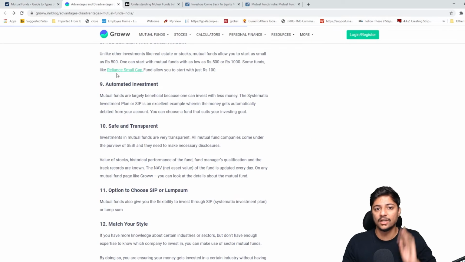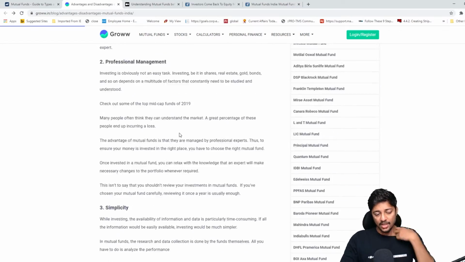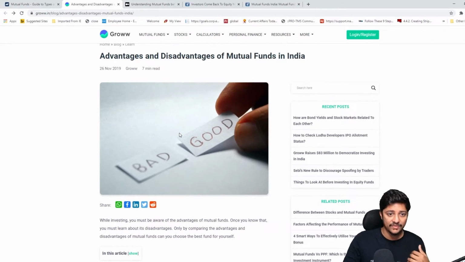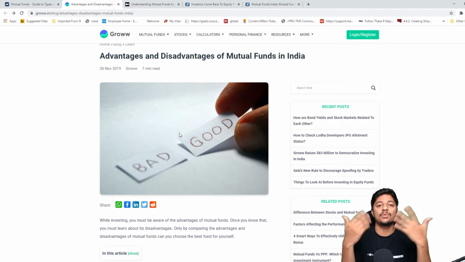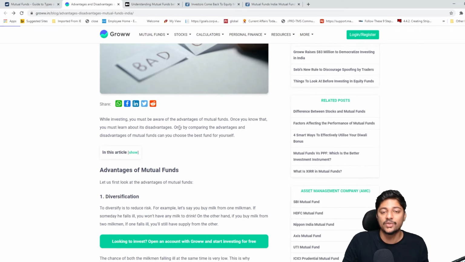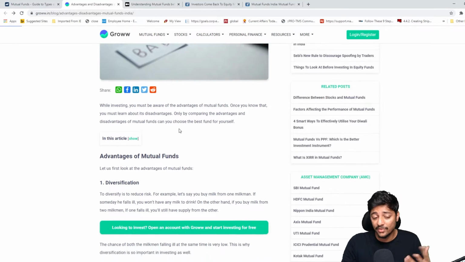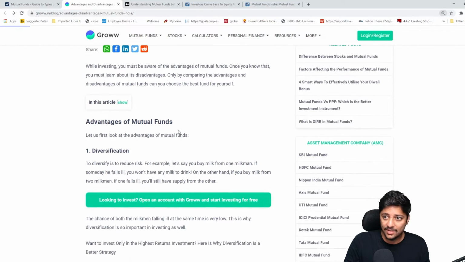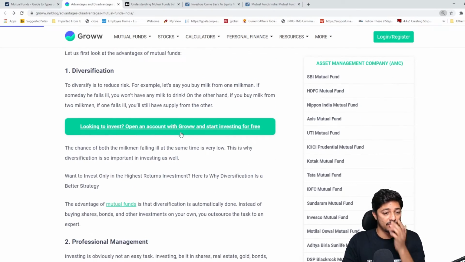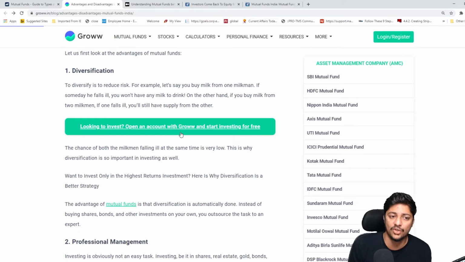Now let's look at the advantages. Okay, why is it good? Now again, I told you in the previous video that we have a lot of resources out there for free. So I'm not going to make some crazy deck and give it to you picking up from other sources. I'm going to show it from the free resources itself to save your time and my time so I can start giving out more value like this. Now, the first important advantage, let me zoom in if you can't see it. Okay, the first important advantage of a mutual fund is something known as diversification.